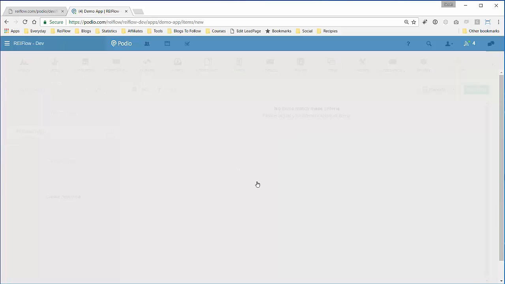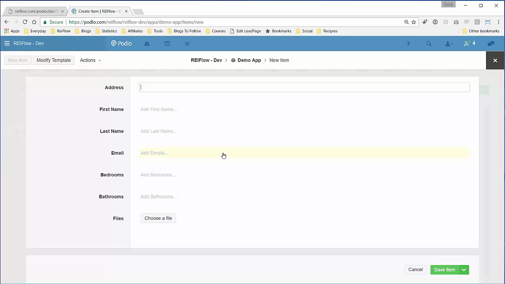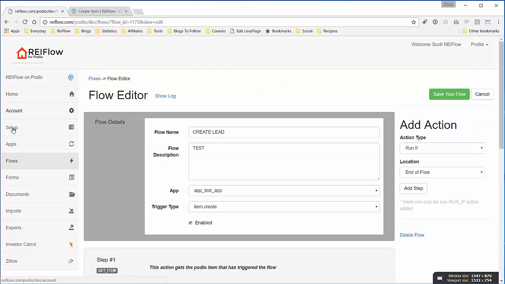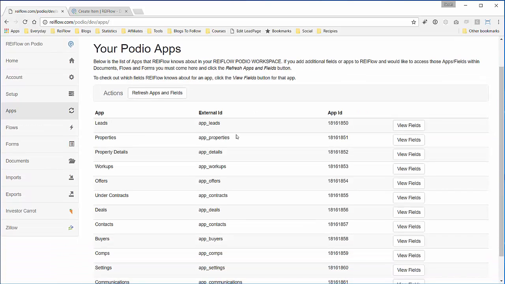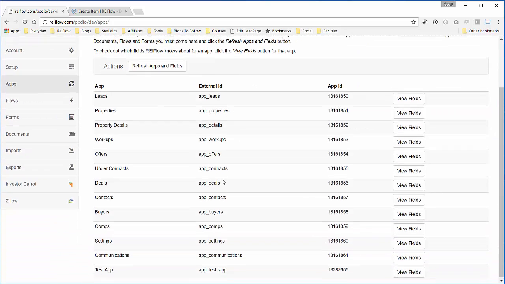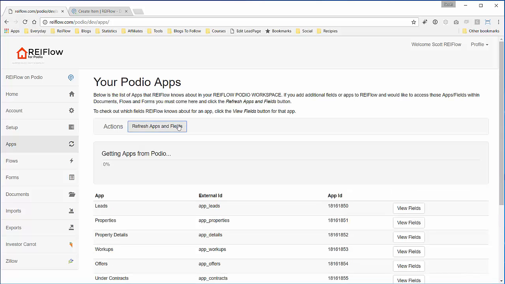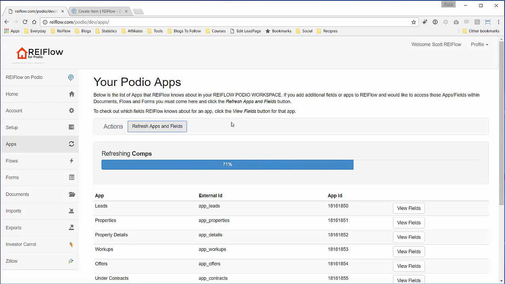So I came in here and added something. Nothing would happen just yet. It's just a form. Reiflow does not know about it. So what we have to do is go to Reiflow, go to your apps. See, it doesn't show up here yet. So if we click refresh apps and fields, you'll now go through your Reiflow workspace, pulling in the apps and all the app fields. So then Reiflow will know